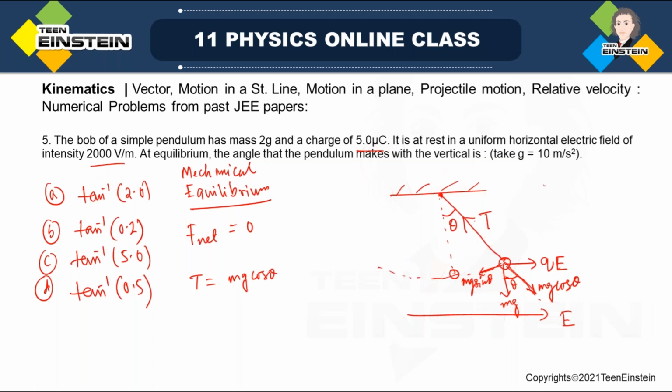All right, then we can write mg cos theta is equal to qE. Okay, so this is what we can write. But one thing we have to just understand,